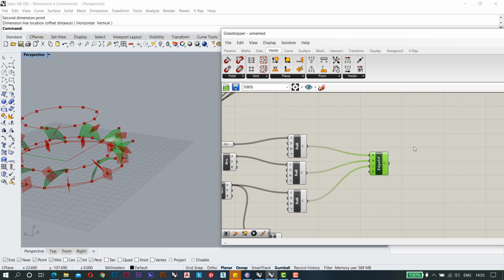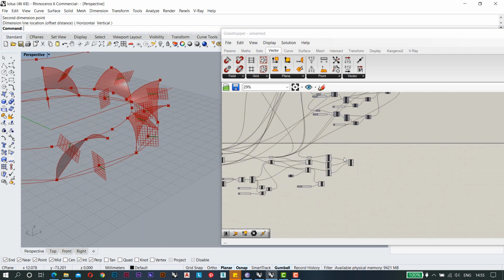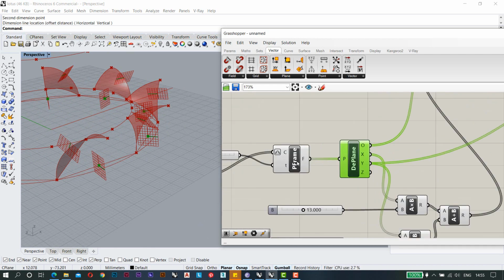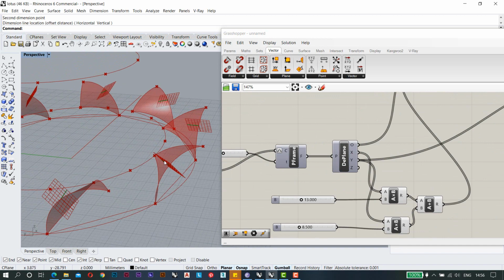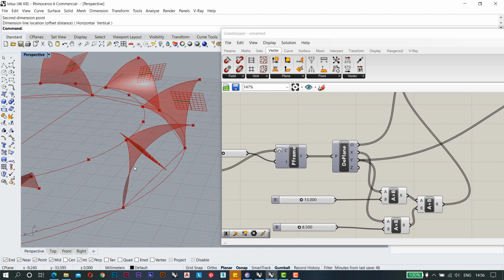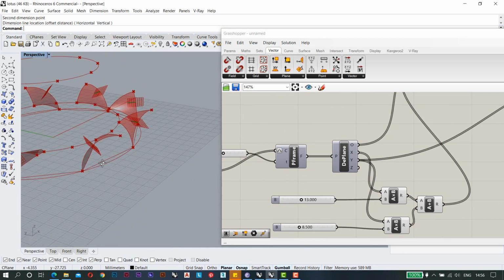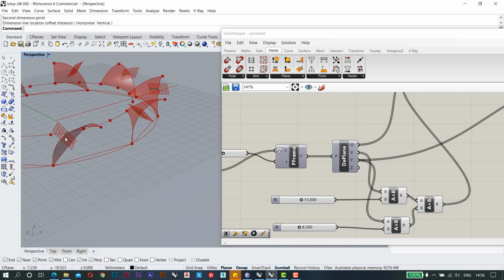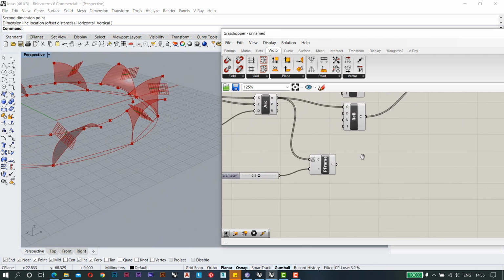Probably I will just turn on this one, so here I will again turn on these previews for these planes also. So now we have a plane here which is along this curve, which is the arc. So now we are having this thing. So now what we need to do is we need to move our point again.